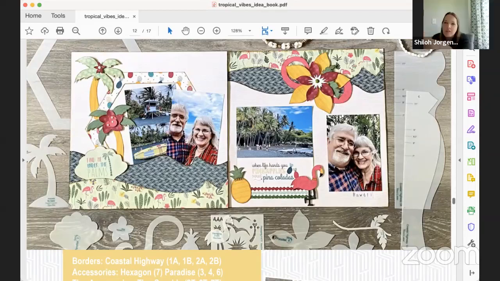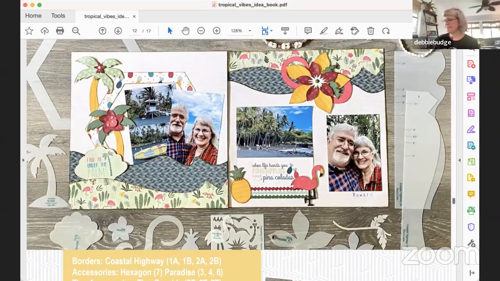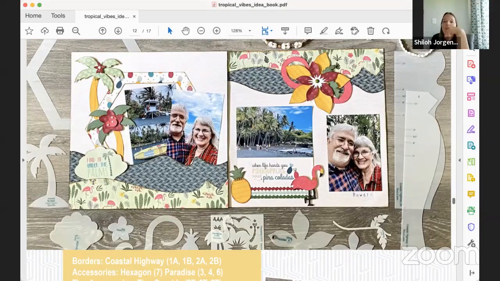And I like how you tuck the little leaves out in between the layers on your right side flower. That's fun. And then you have the Paradise swirl, which is really fun. This is the flower. If you don't have the Paradise, the yellow is the Paradise flower with the tiny seaside flower on top. It is so cute. Don't miss your opportunity to get the Paradise set before it goes to the vault. They really go together so perfectly. So cute.